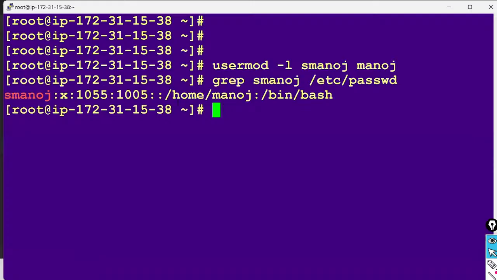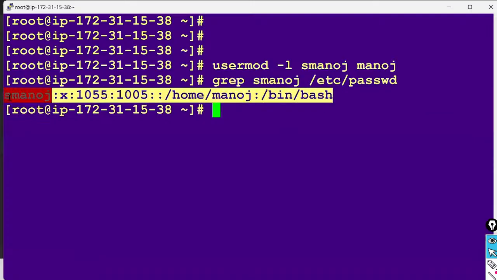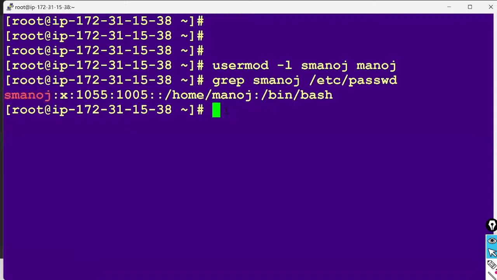But who is S Manoj, sir? I'm not finding. S Manoj is a username. Who is this guy? Is he a developer, a test engineer, a DevOps engineer, a full stack developer, a DB admin, a front end developer, a release engineer, a network administrator or a Linux administrator, a middleware admin, a data scientist? There is no proof at all. That's why I would like to add some more information for this user. See, observe carefully.